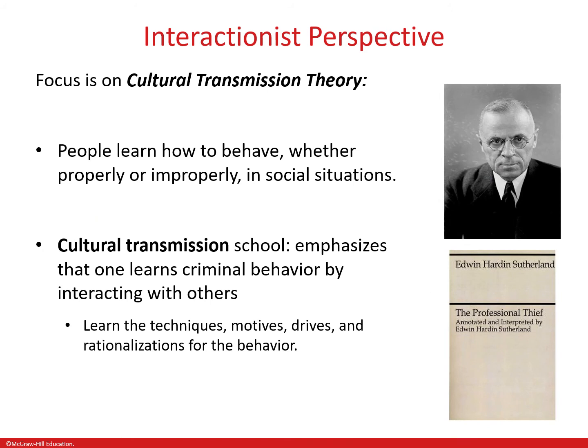Okay, so as I said, the functionalist theory really does offer that key contribution to our understanding of deviance and how to maintain social stability. But it does not really explain the concept of real-world crime. So we look to the interactionist perspective, and the emphasis here is on everyday behavior in an attempt to explain crime and deviance. Within this perspective, there are two theories: cultural transmission theory and social disorganization theory. First we'll talk about cultural transmission.